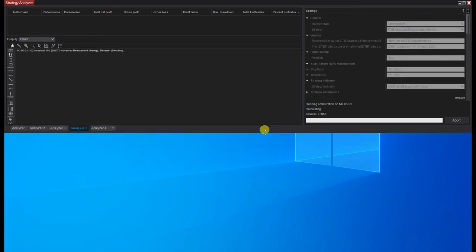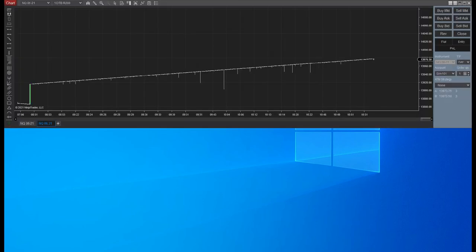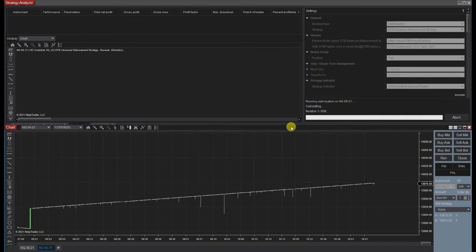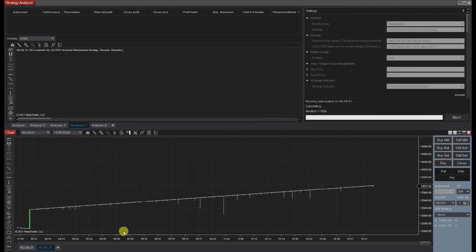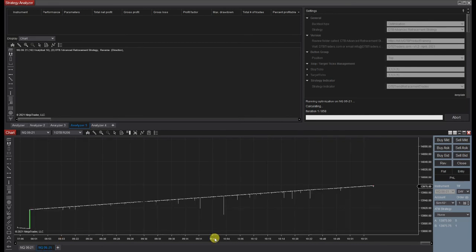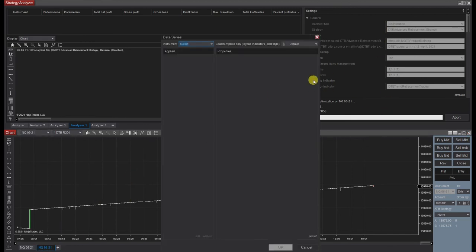Okay, so the optimization takes reasonably quick, especially on the advanced retracement strategy. So I would definitely be looking at that. I'm going to bring up a trading chart, just a chart, and I'll show you what. So that's the trend, the flat baseline, trending baseline. I'm just going to create another chart over here,